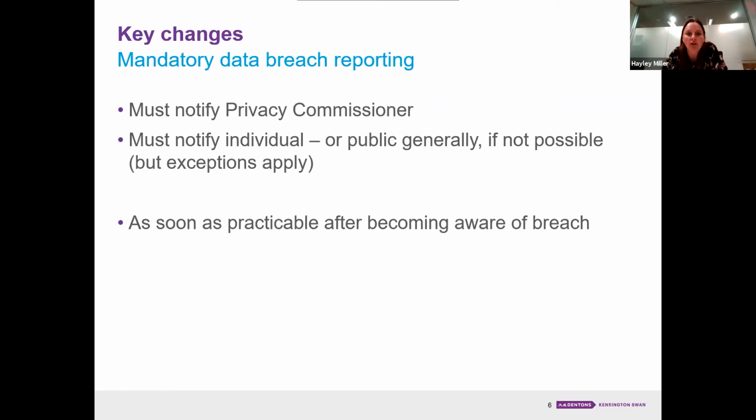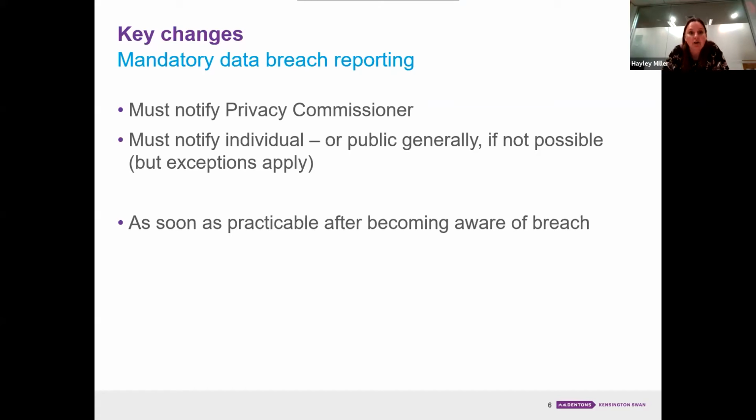So if you have to notify, it has to be done as soon as practicable after becoming aware of a breach. And this, of course, isn't your CEO becoming aware of the breach. This is your business becoming aware of the breach. And so that's where ensuring you've got a culture, training and staff understanding that actually if something goes wrong, they need to start escalating it up, and that things are not, I guess, pushed under the table or people making determinations themselves too early that something shouldn't be escalated up.